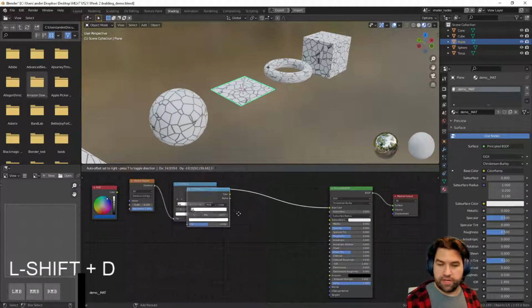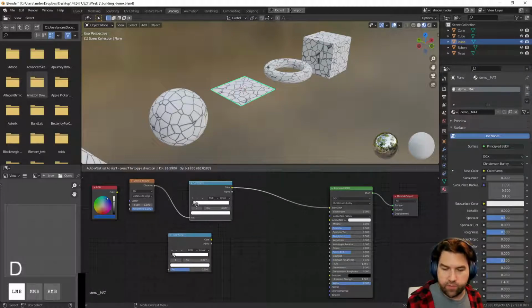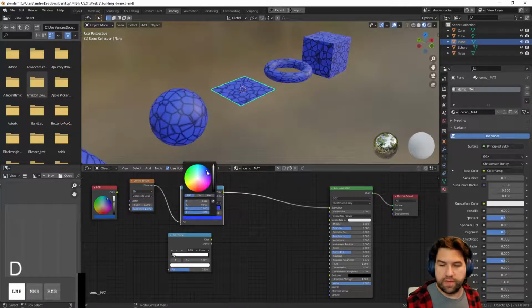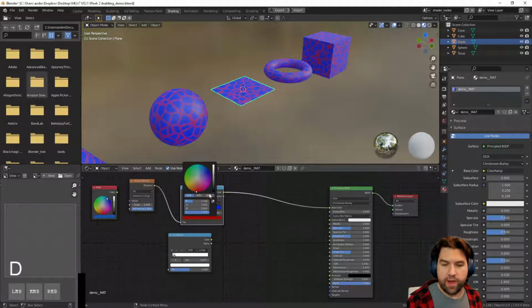I'm going to duplicate this color ramp for a second off to the side because I know I'm going to need more. What it's basically saying is, hey, this is the white input. So what if I change this color of white to something else? Well, this is a map basically that says what is on the left is our black value and what's on the right is our white value. So I can replace these with any color. Even if I take this color here, I can make it something like red, and I could really change up the colors because all I'm doing is changing